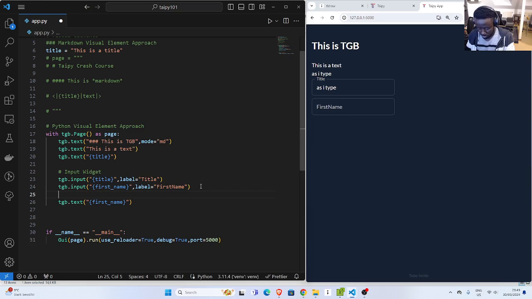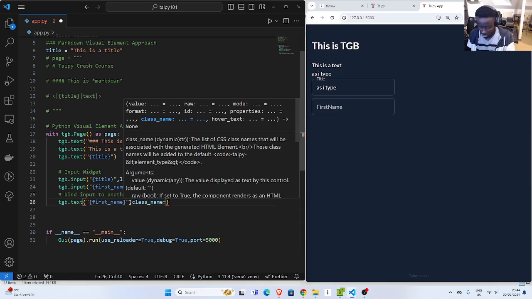So we are trying to bind this input to another element, and then I can just go back again. I can also give it a class name. So the class name is like HTML CSS. I can say this is going to be C4, right? And then I can also give it something. So if I save it and then I refresh,